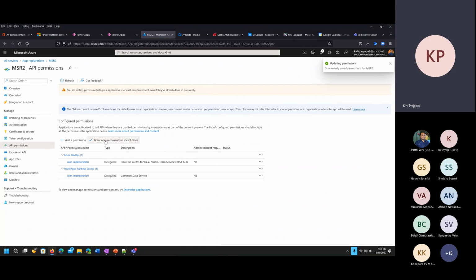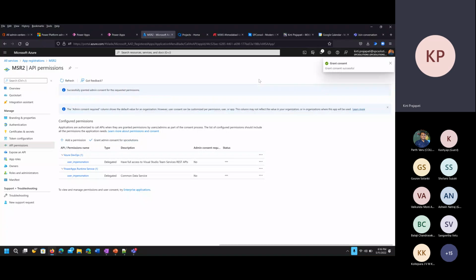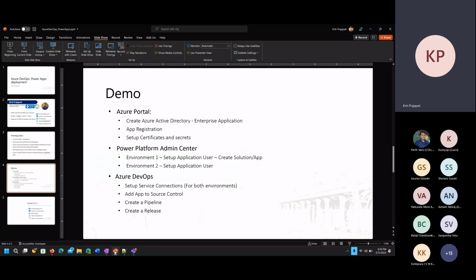Make sure that you click on grant admin consent for your tenant. So we are safe and might not have any issues going forward, right? So we have performed all the steps related to Azure Active Directory, creating the Azure app registration, and the final one will be